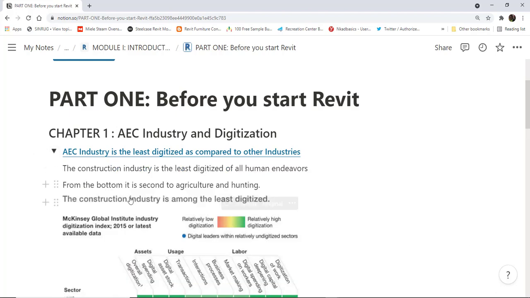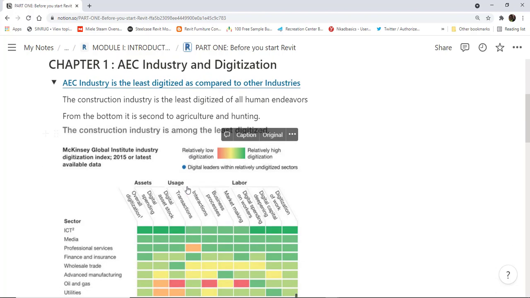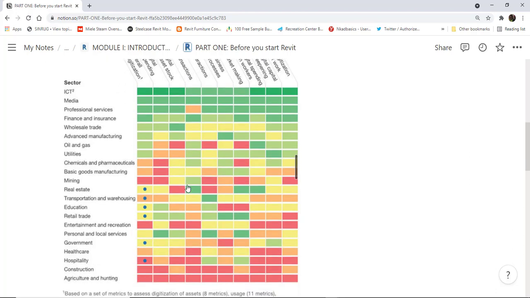In Chapter 1, AEC Industry and Digitization. The AEC industry is the least digitized as compared to other industries. From the bottom, it is second to agriculture and hunting. This is according to the McKinsey Global Institute Industry Digitization Index 2015, or latest available data. So if you look at the table here, it lists all industries